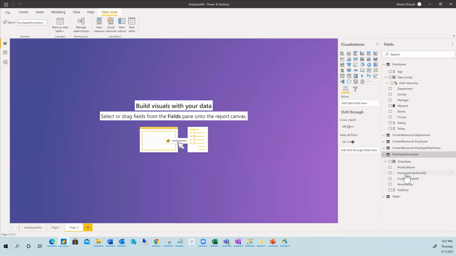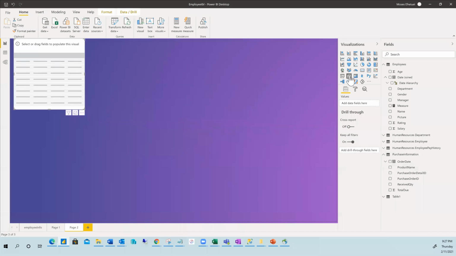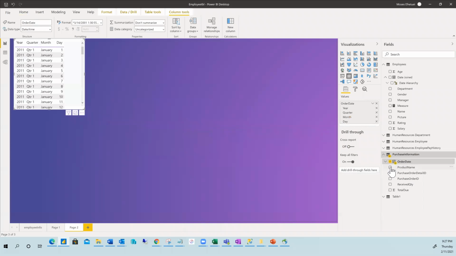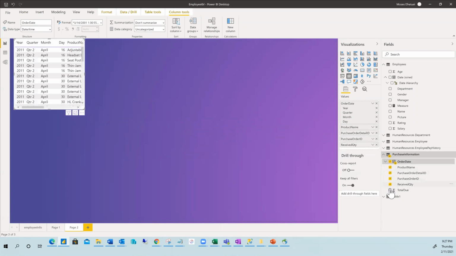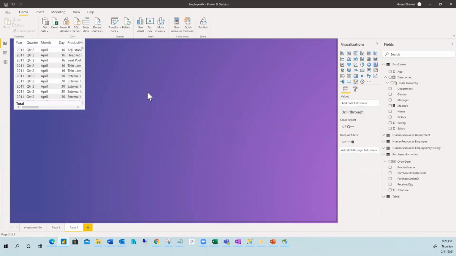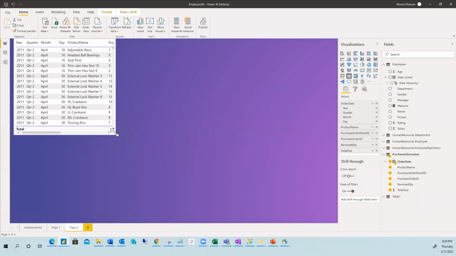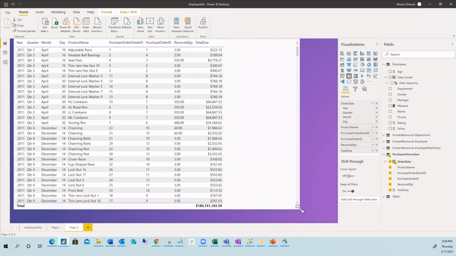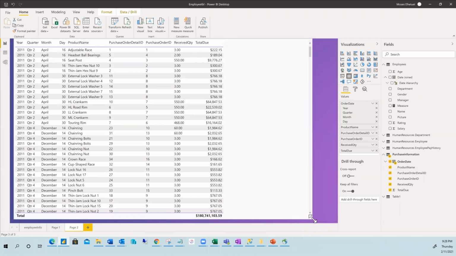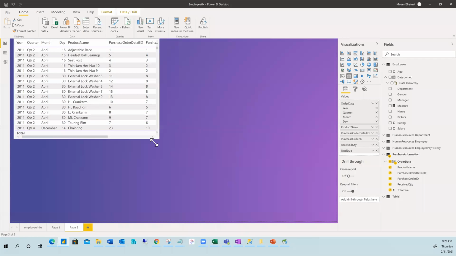We can just select our regular table and then load all the data. That's fine. Load everything. Then I can also play around with the same data by putting in some visualization. Remember, if you click on it, there are a few things you can do here. You can increase it. If you want to fill up the whole screen, you can do that. But if you are planning on